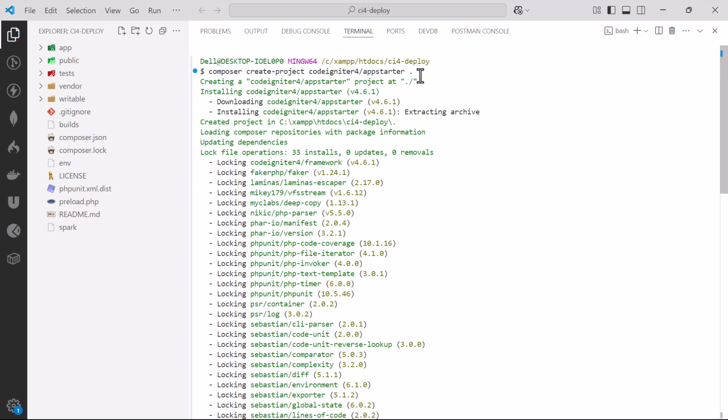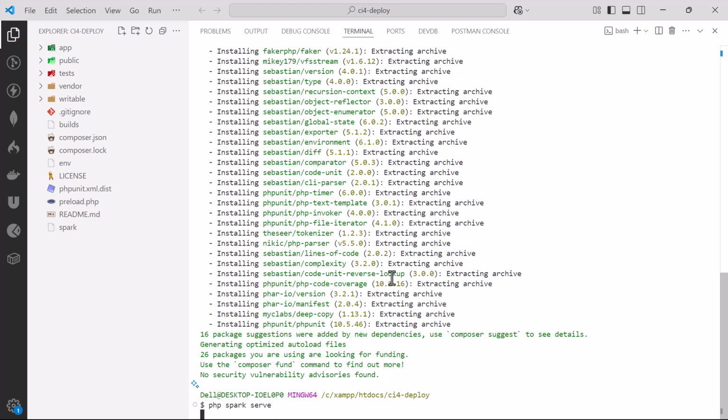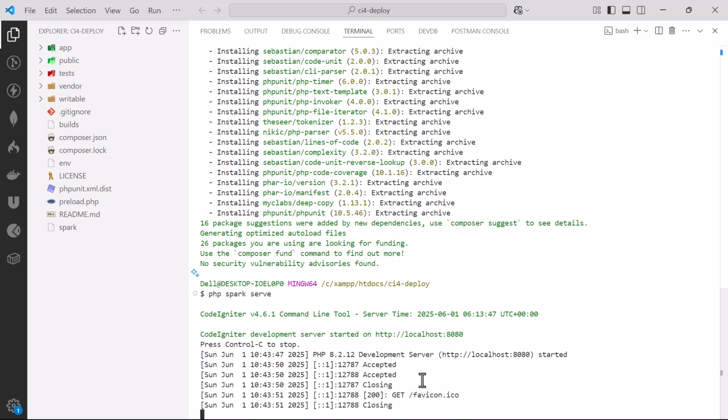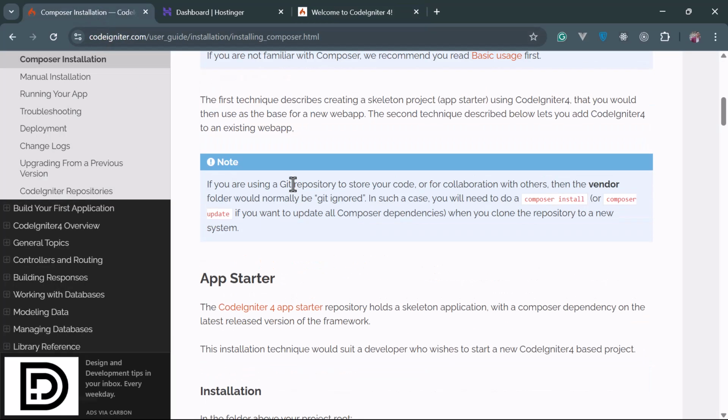Stored in the current project, CI4 deploy. This is the project. Let's just see it now: php spark serve. You want to deploy your application to a server. It means that you have ended your development, and now it's time for you to deploy your application to the real server. Our CodeIgniter 4 project is 4.6.1, and for deployment I come to the documentation